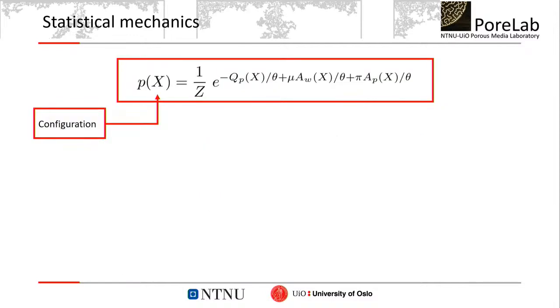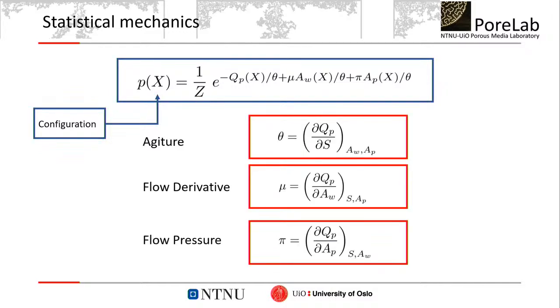And then you maximize the entropy. Right? You can write down the entropy for this, and you maximize it, and you end up with, this is the flow rate for configuration X. X means here how the liquids are distributed and how the matrix looks. Here is the pore area for the same configuration. Here is the wetting area for the same configuration. And there are three